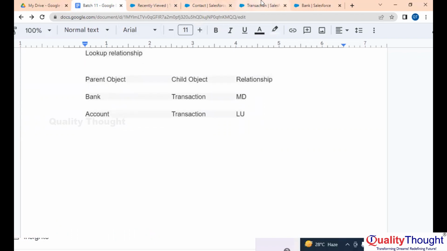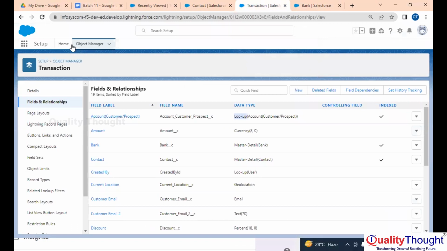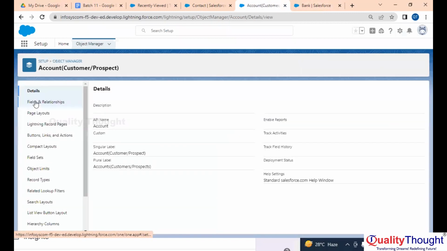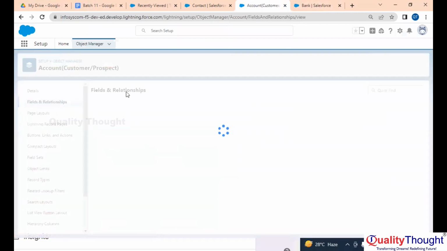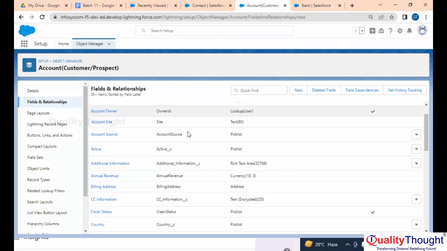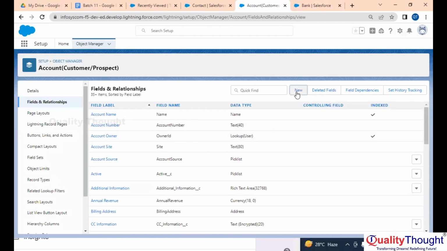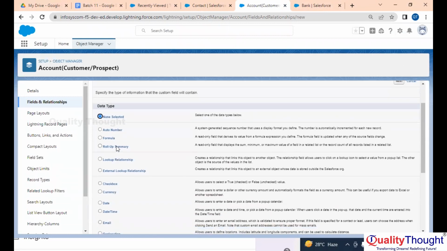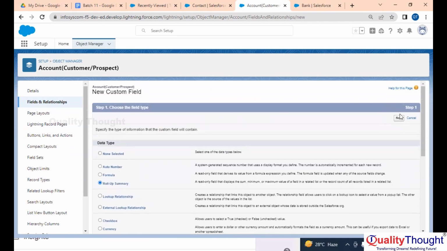Now let me go to account object manager. Let me go to the account object. Okay. Fields and relationship. Okay. Here, new. There is roll-up summary, right? Roll-up summary. Next,